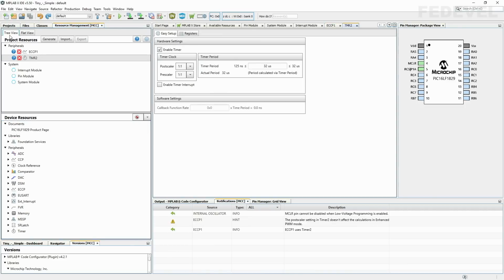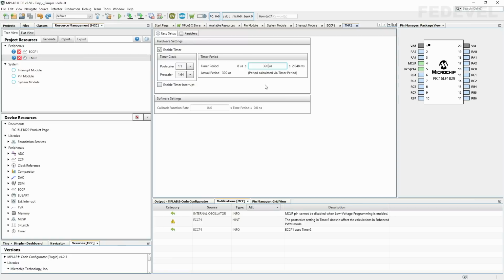Okay, now in project resources, we also have the timer, and we would like to set this timer to a period of 320 microseconds, something like this. So just set the prescaler to 1 to 64, add 0 here, press enter, and then you will see the period will be 320 microseconds.